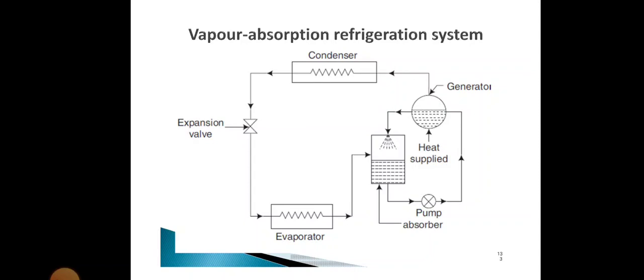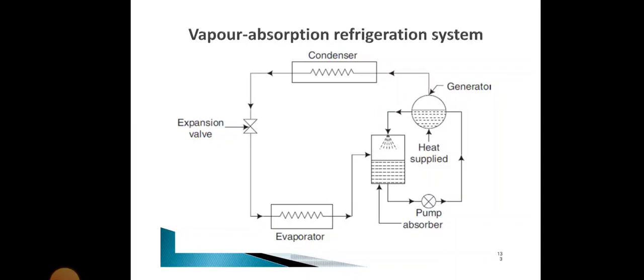The dry ammonia vapor at low pressure passes into the absorber from the evaporator. In this absorber, the dry ammonia vapor is dissolved in the cooled water and a strong solution of ammonia is formed. The heat evolved during the absorption of ammonia is removed by circulating cold water through the coil kept in the absorber. The highly concentrated ammonia solution is pumped by the pump to the generator through the heat exchanger. In the heat exchanger, the strong ammonia solution is heated by the hot weak solution returning from the generator to